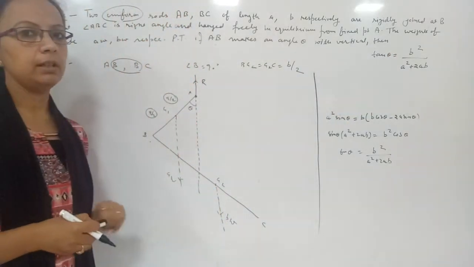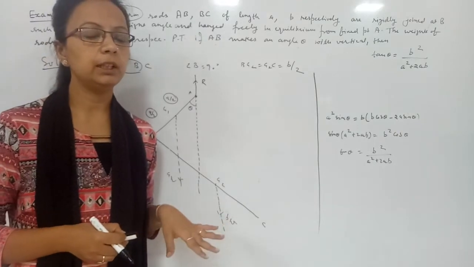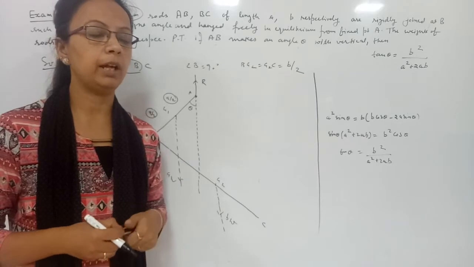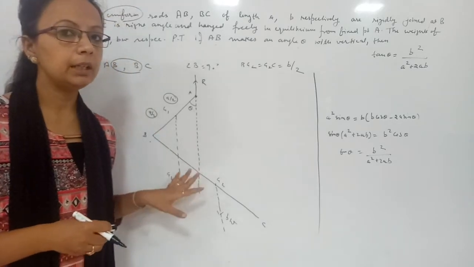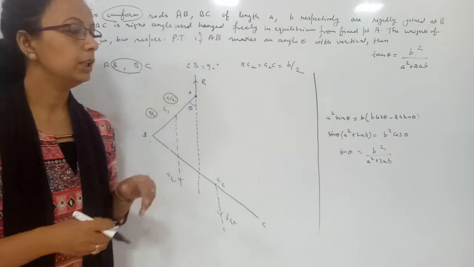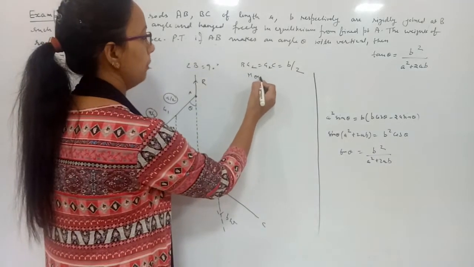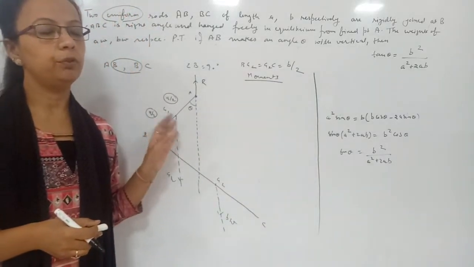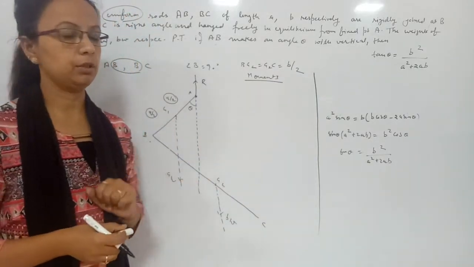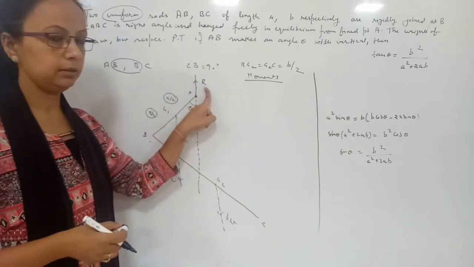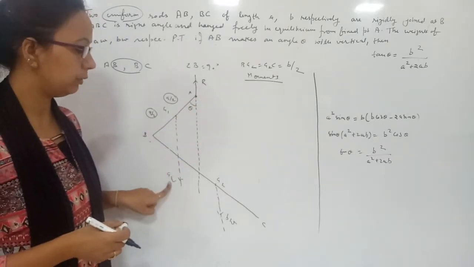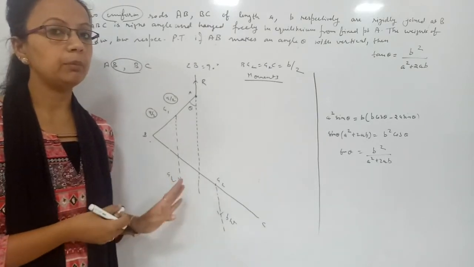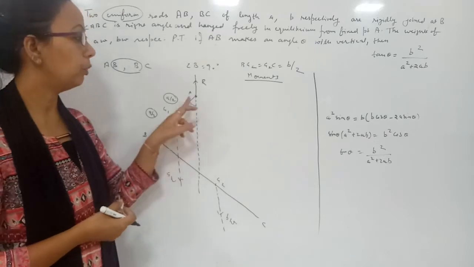Now to prove this result, this question is of parallel forces. In case of intersecting forces, we were applying Lami's theorem or MN theorem also. But here, in case of parallel forces, we will use the concept of moments. We know moments are force multiplied by perpendicular distance. So what is the moment of this force R? What is the moment of this AW, and what is the moment of this BW? About which point here we will take moment? I am going to take moment about point A.